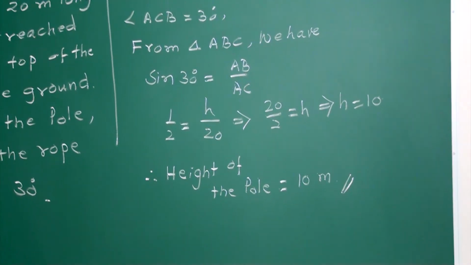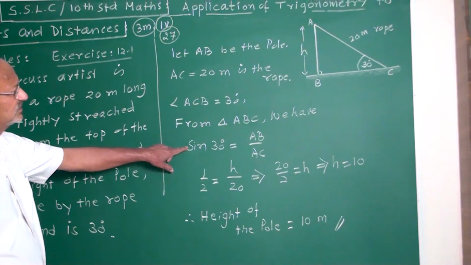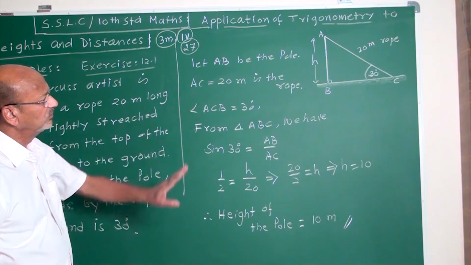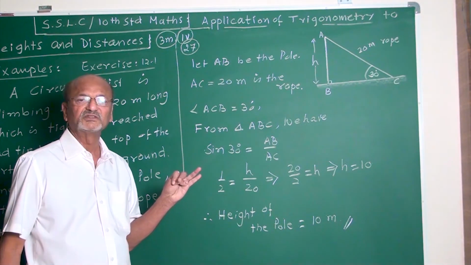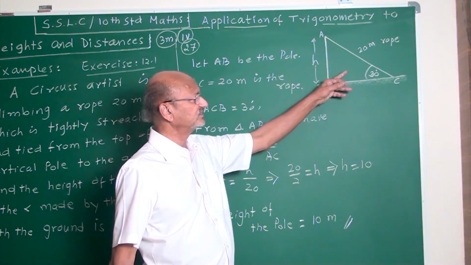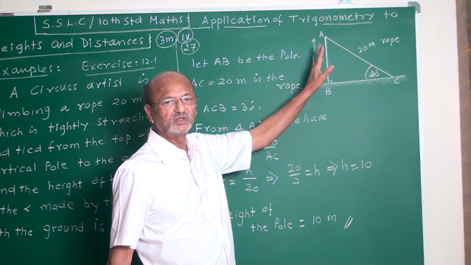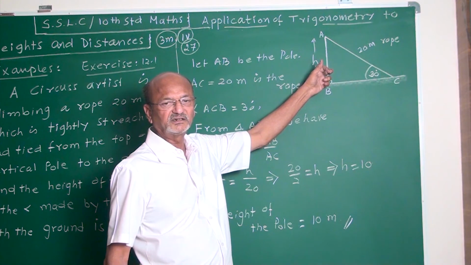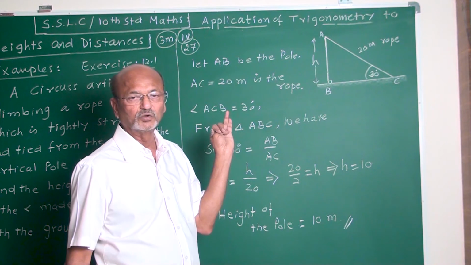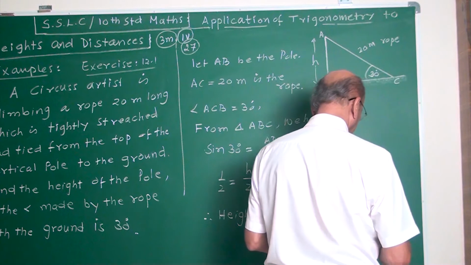Simple examples, my friends. So, once again, place these angles: sine of the angle, cos of the angle, tan of the angle, with mainly three angles, 30, 45, 60. Understood? Then you must know opposite side, adjacent side, hypotenuse. Once again, the entire drama goes with the right angle triangle. Right angle triangle means three main persons, sine, cos, tan, come to help in doing these examples. Yes, my friends. Next example is